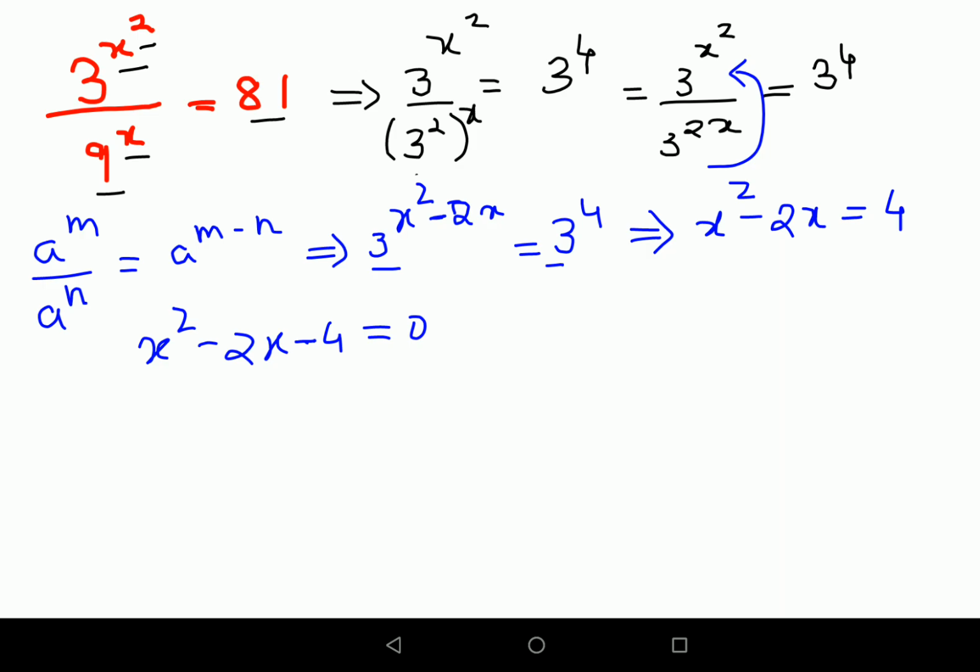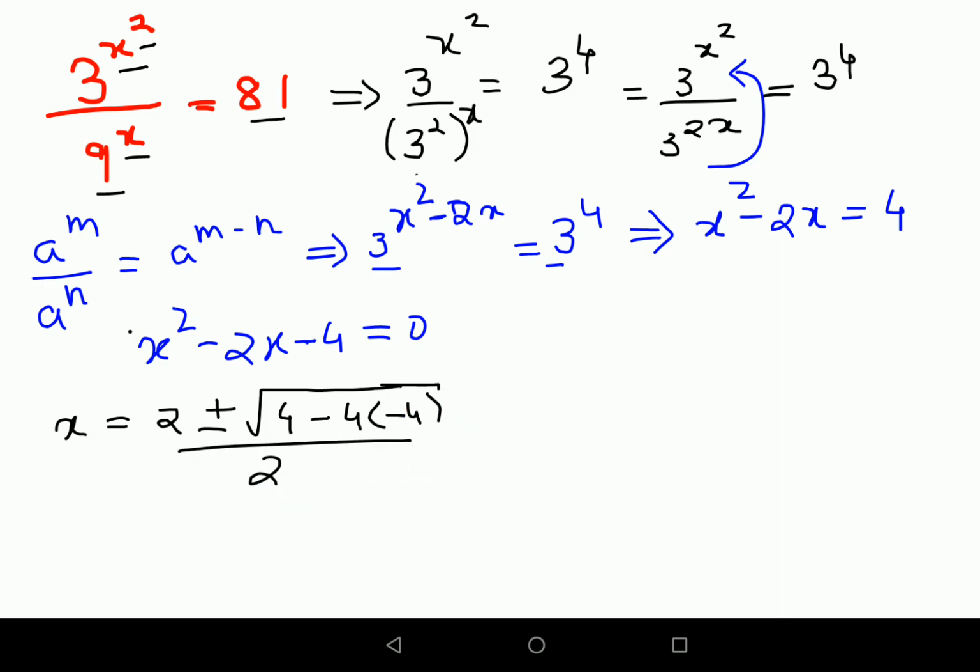So in this case, we will have to use the quadratic formula, which is minus b, so minus of minus 2 gets you 2, plus minus root of b square, which is minus 2 square gets you 4, minus 4 into a, which is 1 in this case, and c is minus 4,